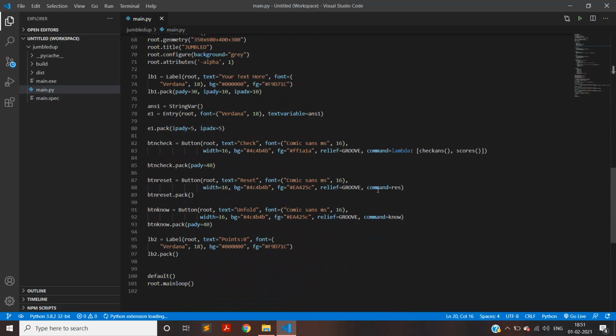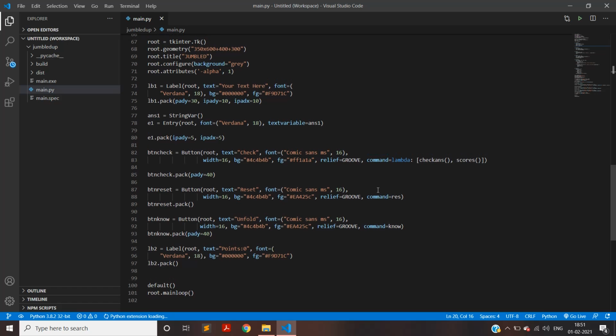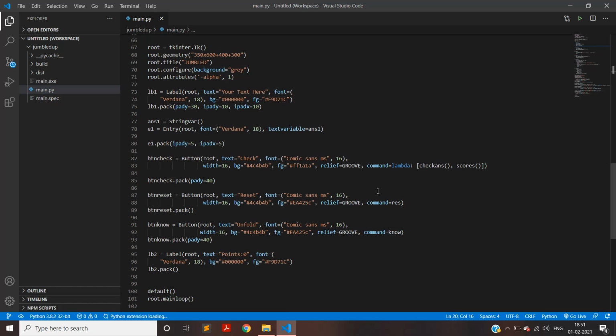Now for the front end, firstly we have set up our background, which is gray color, and I have specified the initial dimension size of the workspace and also given it a title.